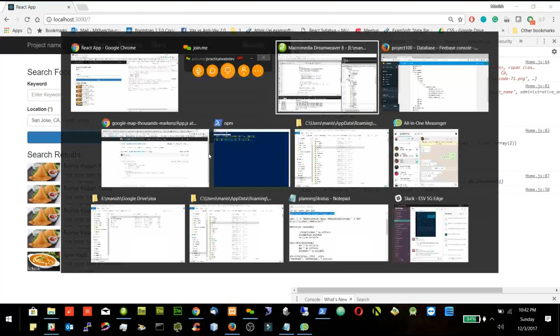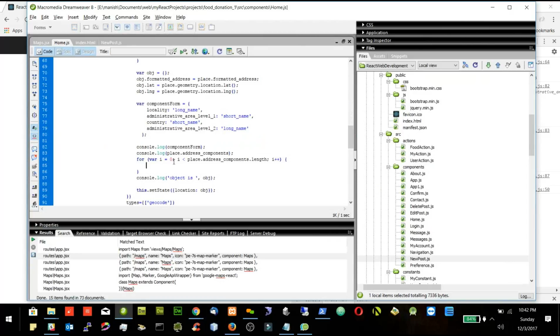So if I want to know the type of each place object, let's say I will create a variable called address type. I want to see what type it is. Initially, it will be null. And you're running the for loop on that object, right? On the place address object which Google is providing. Yes, yes. So I will say address type